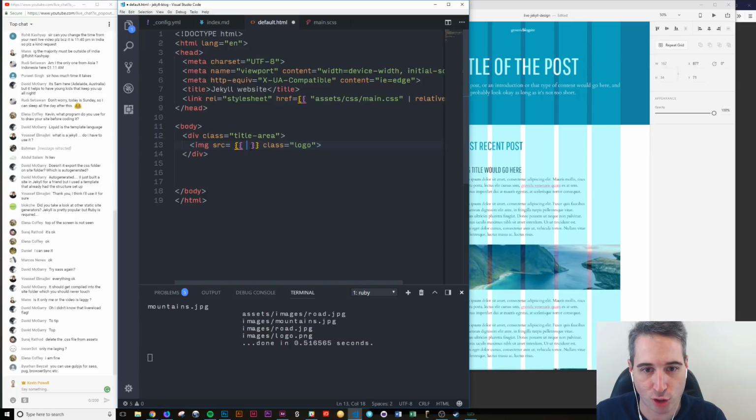And I already, just like I did here, yeah. So just like this. So it should be assets / images / logo.png. And then I also need to say that this is a relative path. And I think that's a relative URL. And save that. Now, one thing that might actually have been broken, if I go in my assets and in